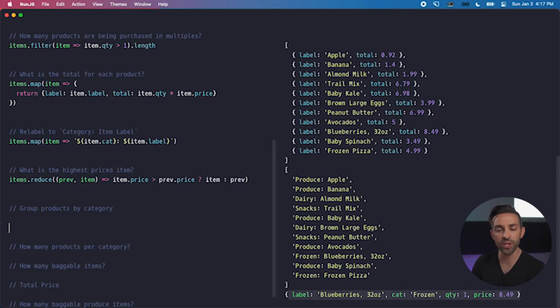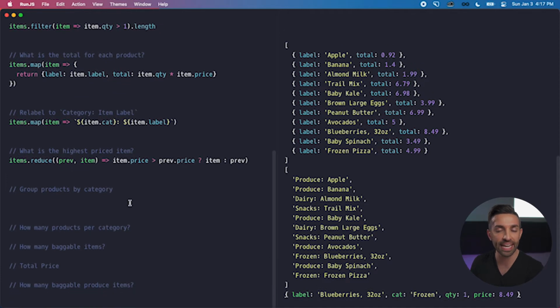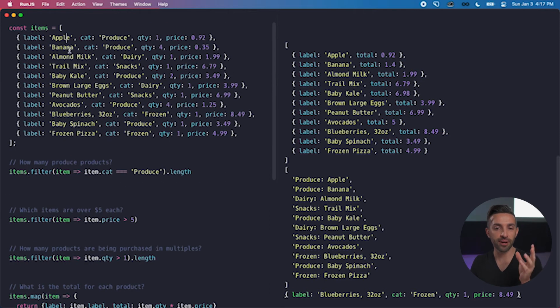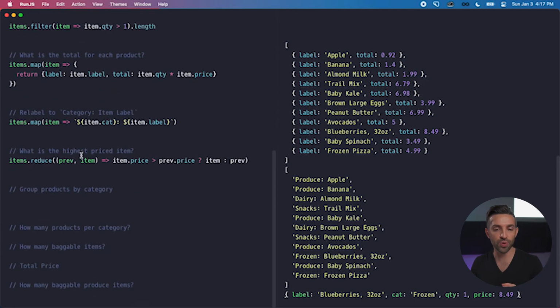So let's say we wanted to group products by category. So we wanted to build up, this time, an object where the key is the category of the food and the value is an array of all the items. Because we're transforming our data from our list of items to a single object, that's another use case for the reduce function. So if I call items.reduce,